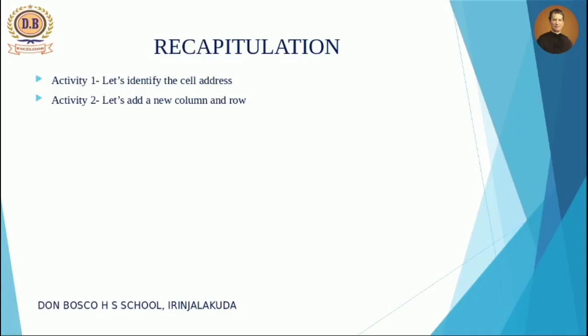Now let's summarize what we have learned in today's class. Our first activity was let's identify the cell address. When we open LibreOffice Calc, we can see many rectangular boxes, known as cells, arranged in rows and columns, and each cell is identified by its cell address, which is a combination of the column header and row header. Then our second activity was to add a new column and row.